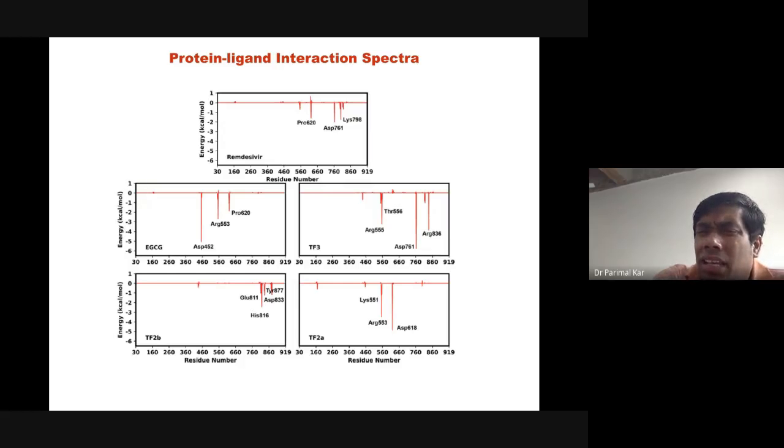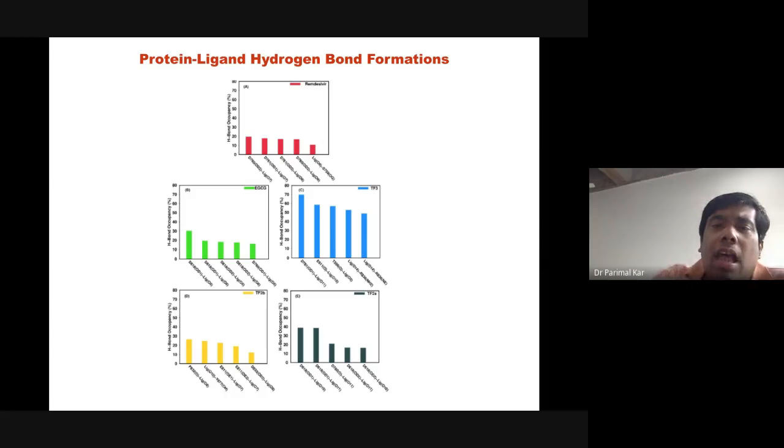We can similarly see what the amino acids are that take part in the binding process. I don't want to talk about it in detail. And these are the hydrogen bond formations. You can see that remdesivir forms about 5 hydrogen bonds, but their occupancy during the simulation is below